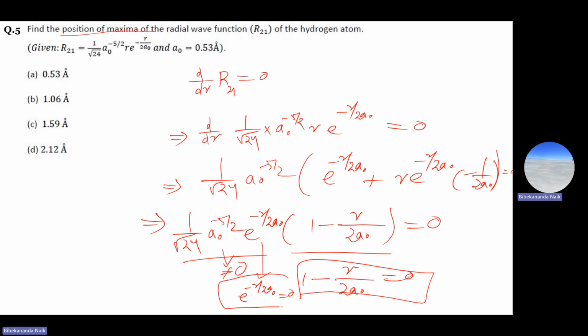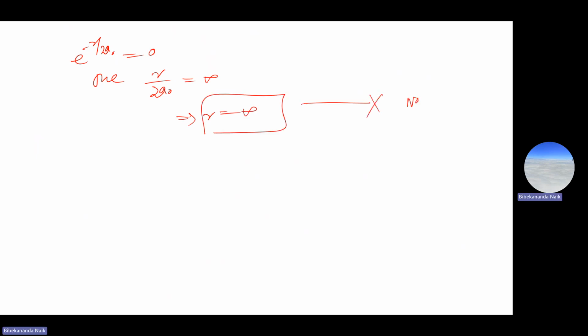So these are the two possible solutions. Now if e to the power minus r by 2a0 equals 0, then r by 2a0 will be infinity, or r will be infinity. But this is not acceptable,